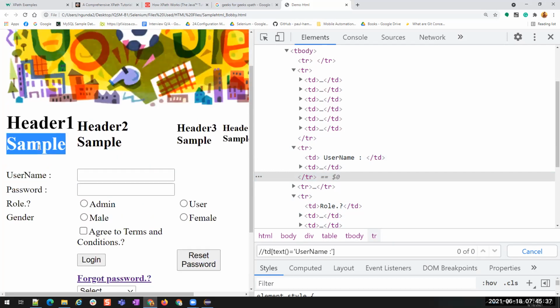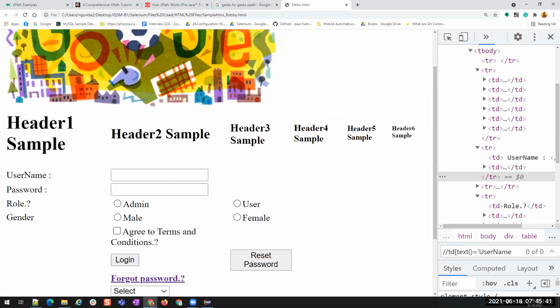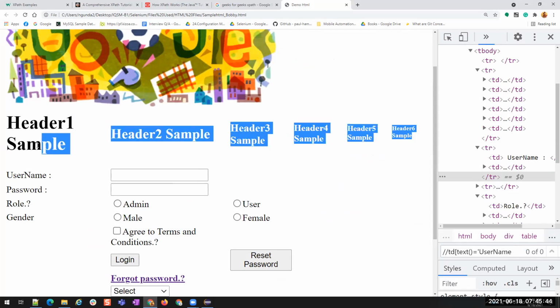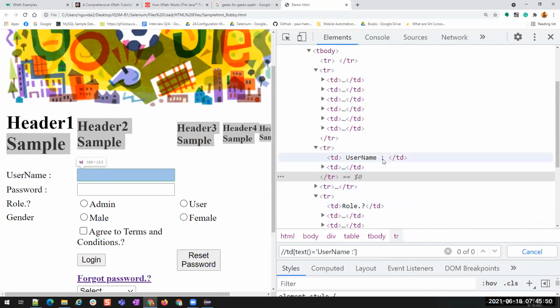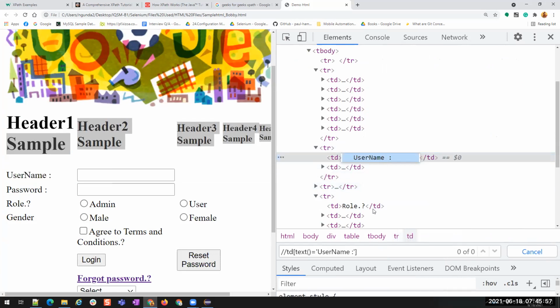For example, if I use this sample, it is present in 6 places, so it will return duplicate elements. So I'm not going to use contains, but I want to remove these spaces and check. I'm not going to remove them in the HTML, but while finding the element in the XPath, I'll be removing those spaces. To remove those spaces in the XPath, we use normalize-space.